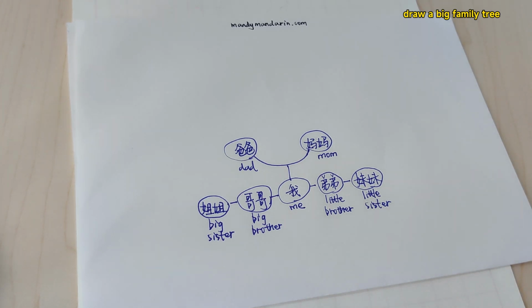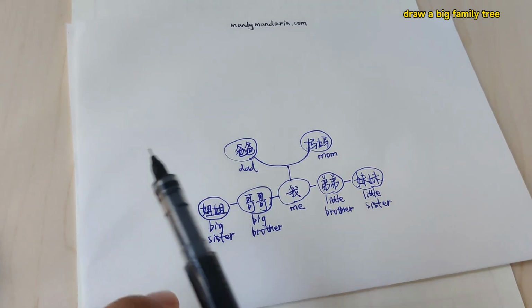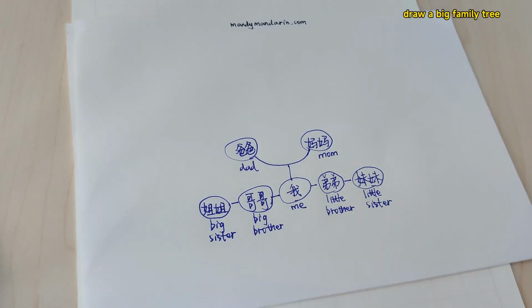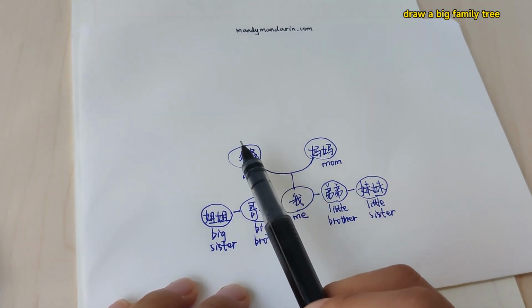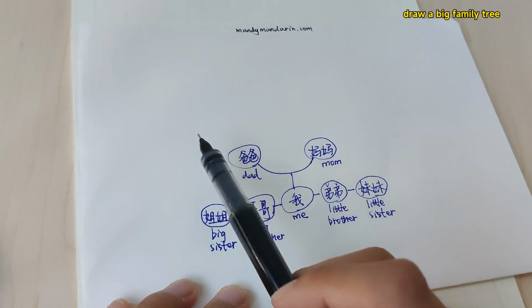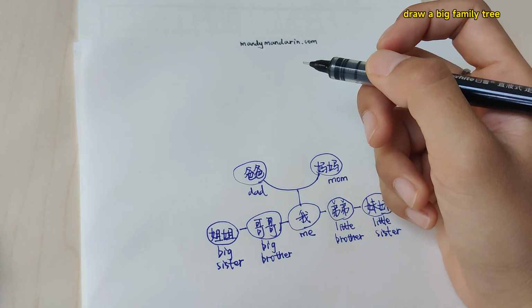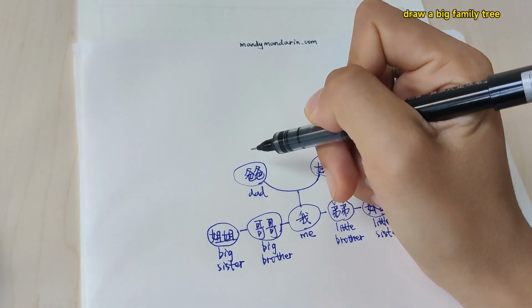A little bit of background information. In Chinese, there's a lot of family words for every family member. And basically, they can be categorized into male and female, and from father side and mother side. So this is how we're gonna add the branches. So first of all, we add the branches from the father side and then the mother side. Now let's get started. From the father side,